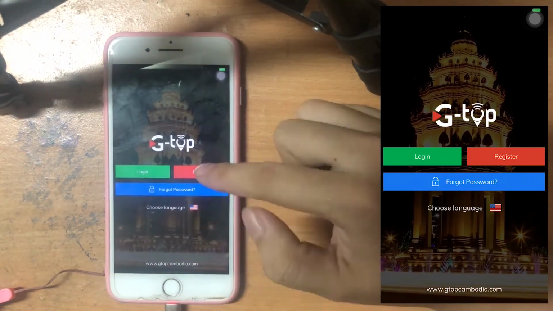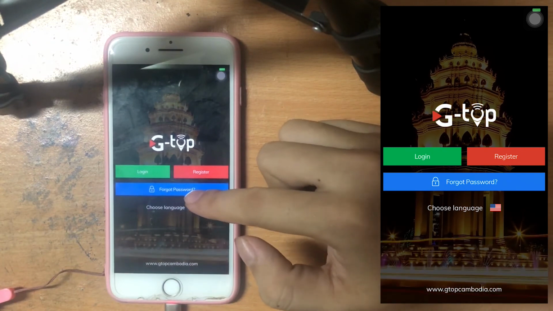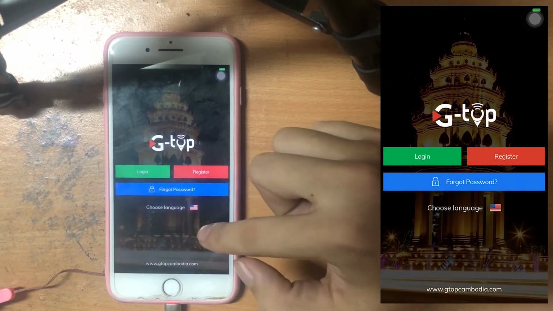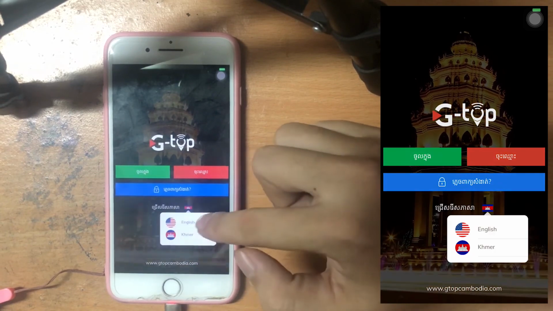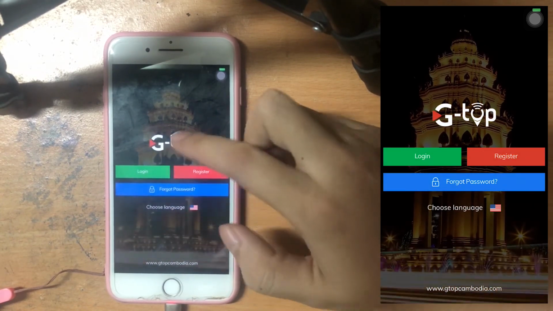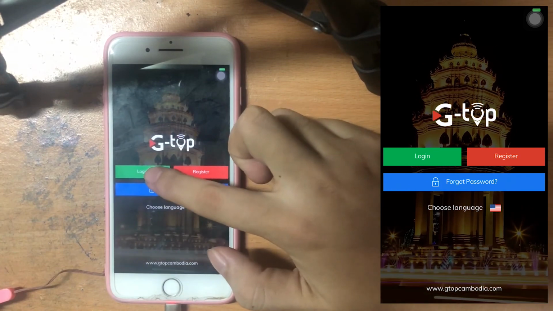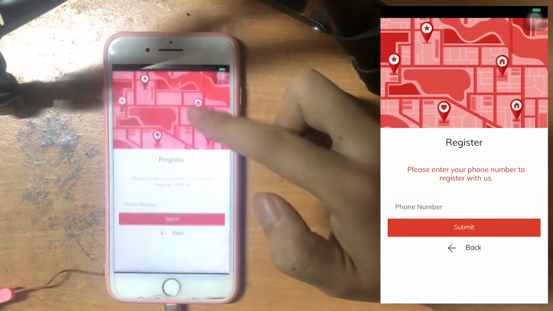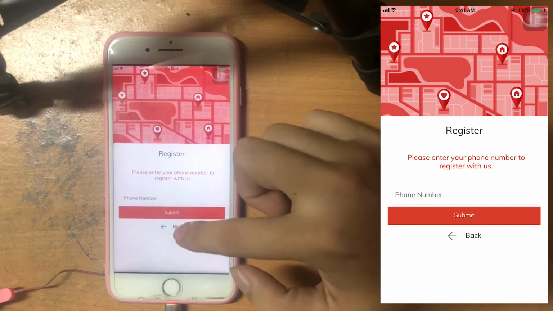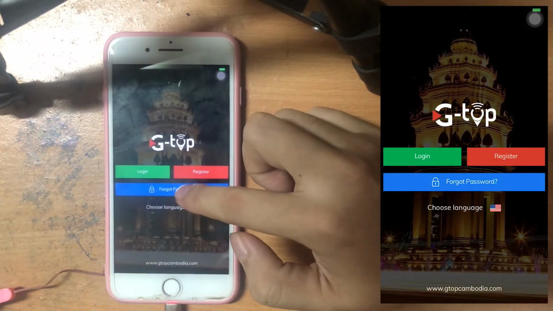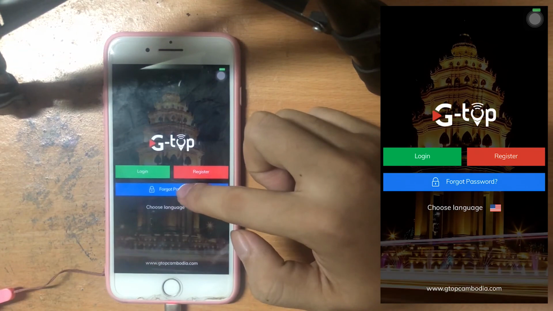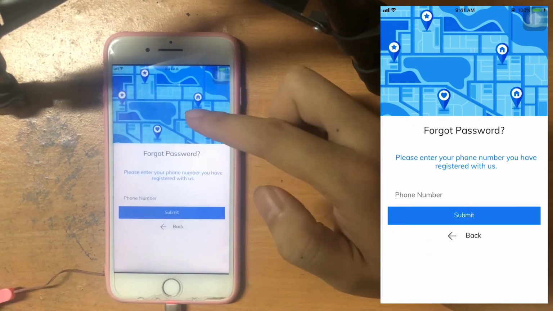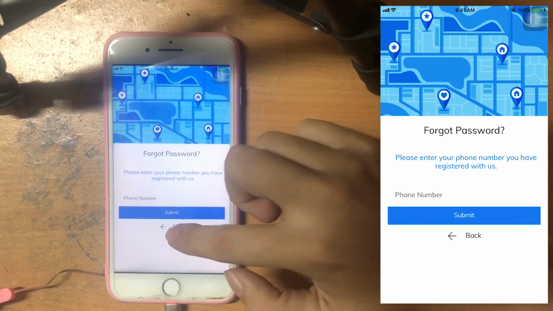Okay, so here is the login screen. We can choose language. Right now we have English and Khmer. The default language will be English. We can just log in with our demo. For now, we can register. If the user needs to register, they can register. And if they forget the password, they can choose forgot password and then follow the steps to reset the